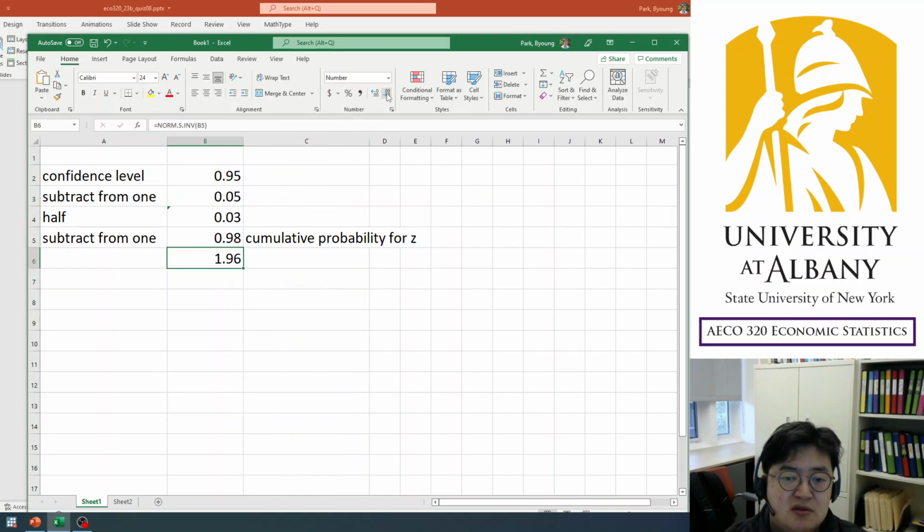So round. You will get 1.96. This is the approximate number that I used in the lecture note, and you can just copy the number from the lecture note, as long as the confidence level is 95%, okay? But I wanted to show you how we can do it in a complete way, right? This is the complete work, but in the end, we are going to get this number. This number goes to